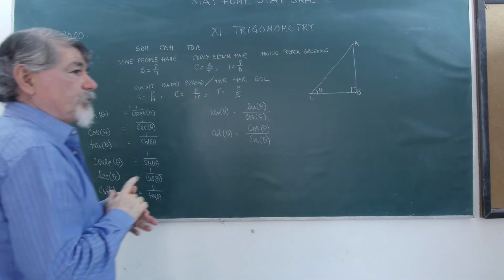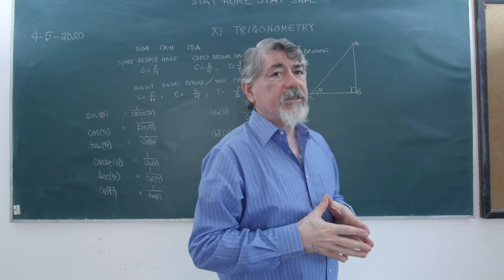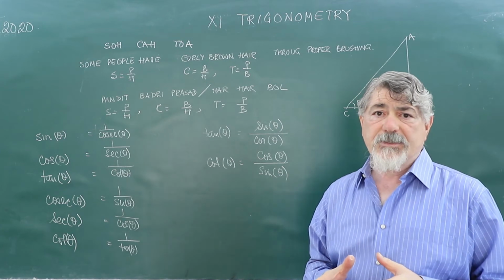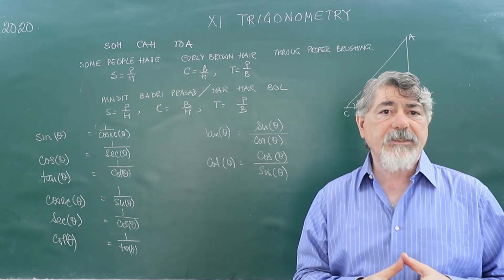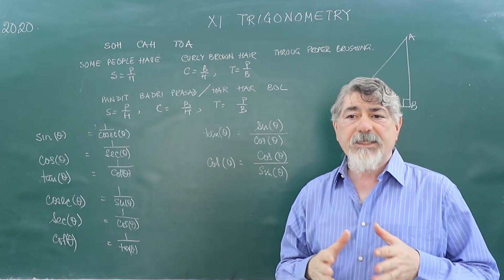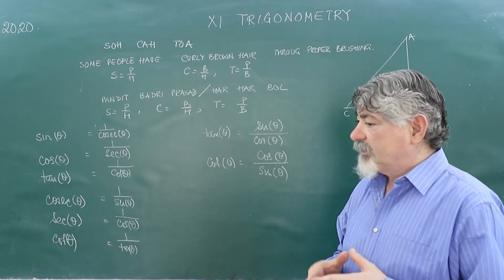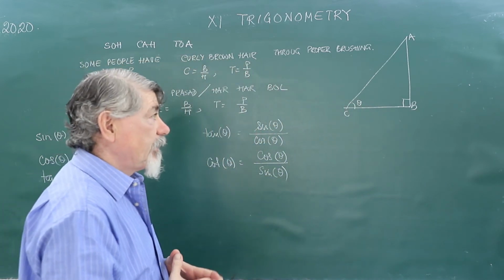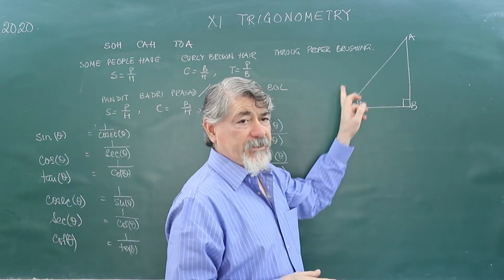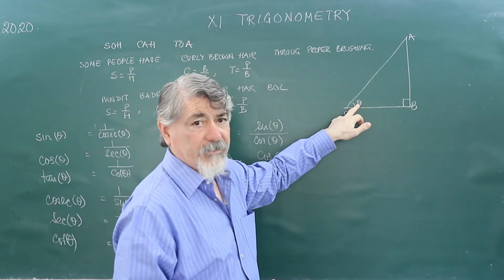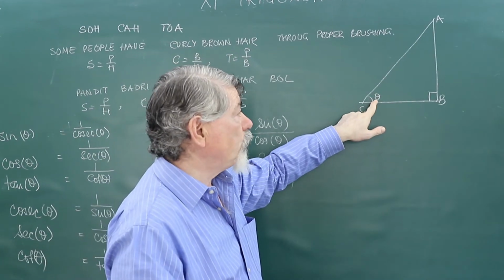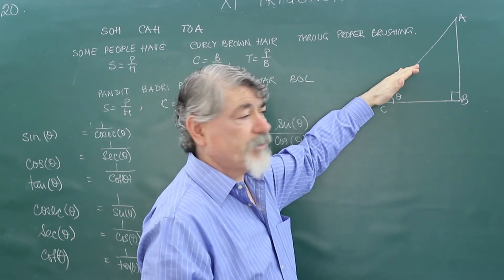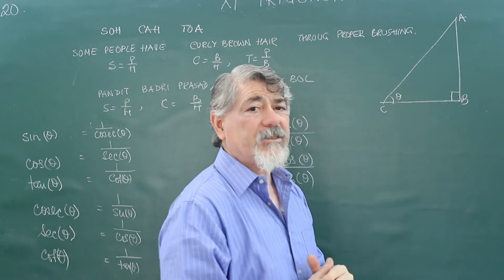Now quickly I would like to revise what we have already done in 9th and 10th. First thing, 6 trigonometric ratios: sine theta, cos theta, tan theta, cosec theta, sec theta and cot theta. The 6 trigonometric ratios and how they are calculated and how they are related in a right angle triangle. Like ABC is a right angle triangle and theta is the base angle. When we call theta as the base angle, that means the angle is between base and hypotenuse. And the opposite side generally is perpendicular.